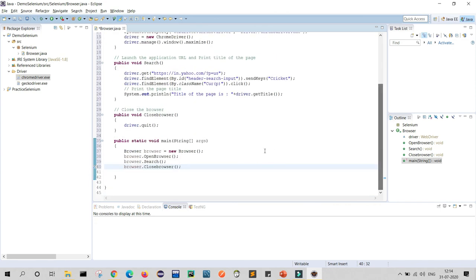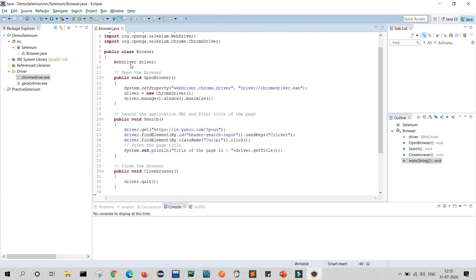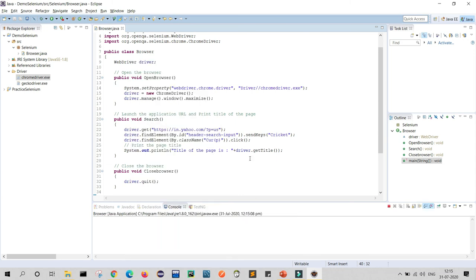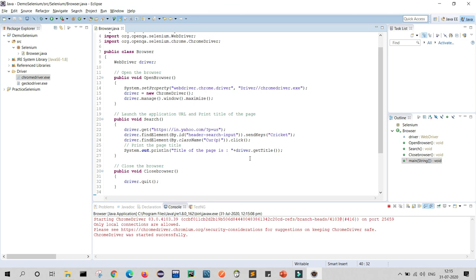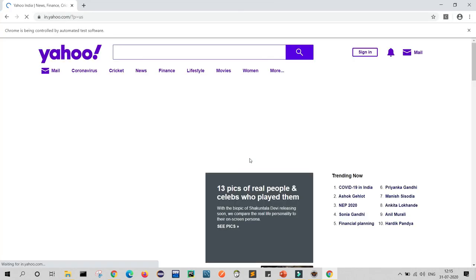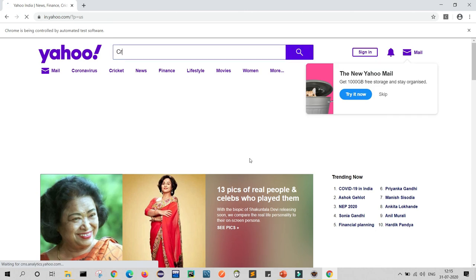Let's see what happens. Just right click, run as Java application, and now wait and see what happens. As you can see, my Chrome browser starts executing. It opens, maximizes the window, and now it hits the URL. Inside search you can see it will type cricket, and then open and close it.